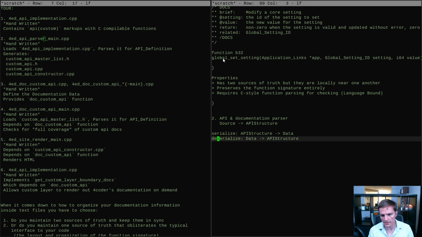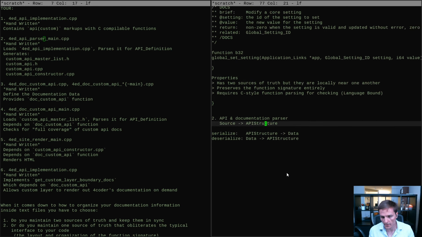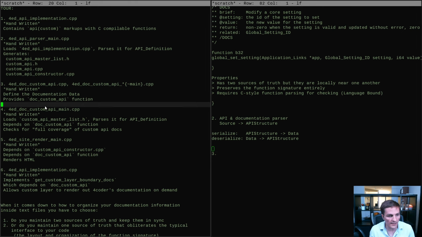Now, if we wanted to, this could be a text mode serialization. Like this could be like this. But we would want this because then we can run the parser to generate an API structure from the source. And then we can run the API structure to a data type and save that file around. If we make it a text file, it can be checked in. So maybe we make it a text file. And then whenever we want to use the API structure in anything else, all we need,